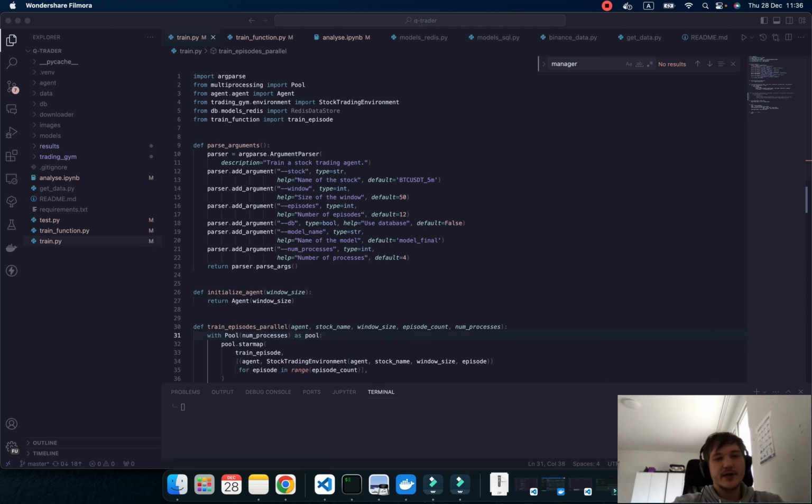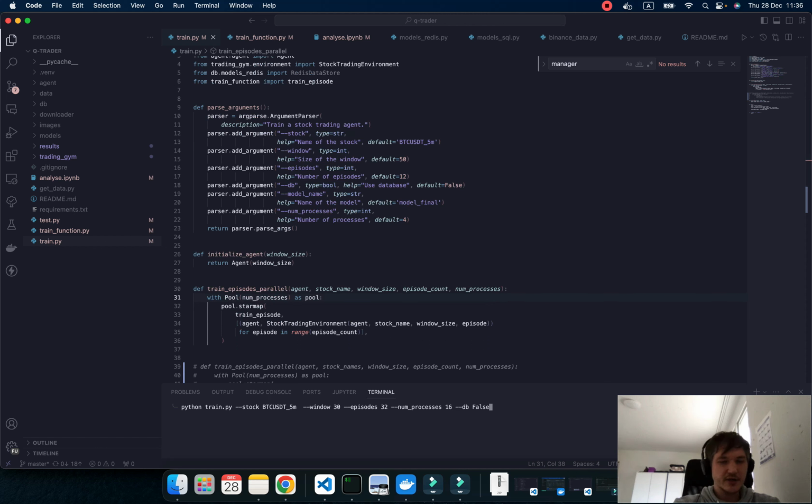So how is it working? For example, I have this file, train.py, and I just need to run a command line. For example, I indicate the data to get, Bitcoin USDT, and I would like to use window back 30, episode 31, multiprocessing 16. And with this feature I'm working on storing data to a database in real time. It means I would like to display all this data for you in an interface on a website. Maybe we're creating something to interact with this feature. Okay,